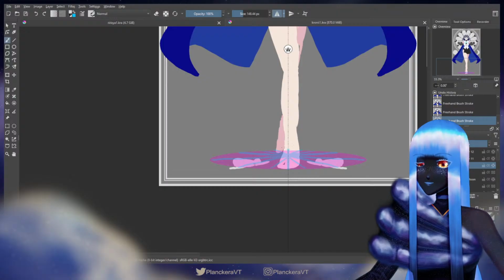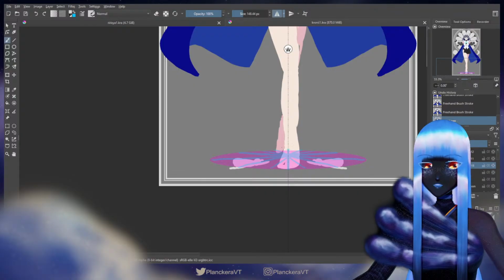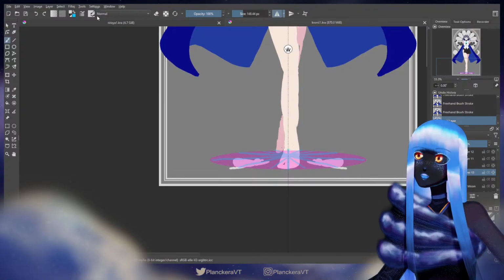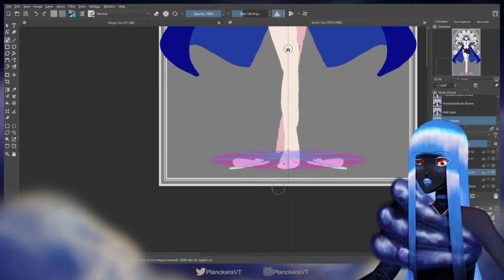I'll make them look better later, but I think this gives the gist of the idea here. And I guess I'll do this on separate layers with more colors because... I don't know, I think I kind of have to. It's not going to be very readable if I don't.